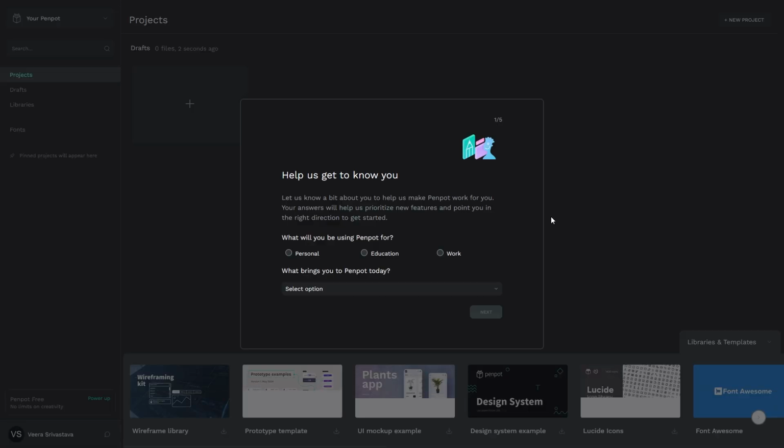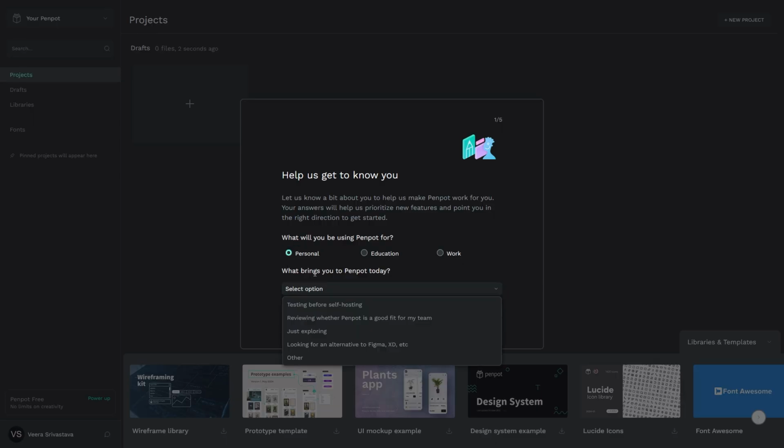You just have to enter your name, and now you can enter what you'll be using Penpot for, whether it's personal use, educational use, or work use. Let's just do personal use today just to see what Penpot does and to test it out as a product. So I'm just going to start with just exploring, because we are just exploring what Penpot is at the moment,